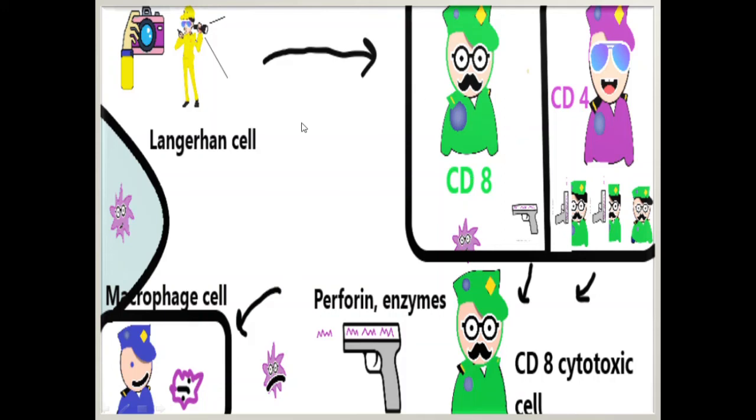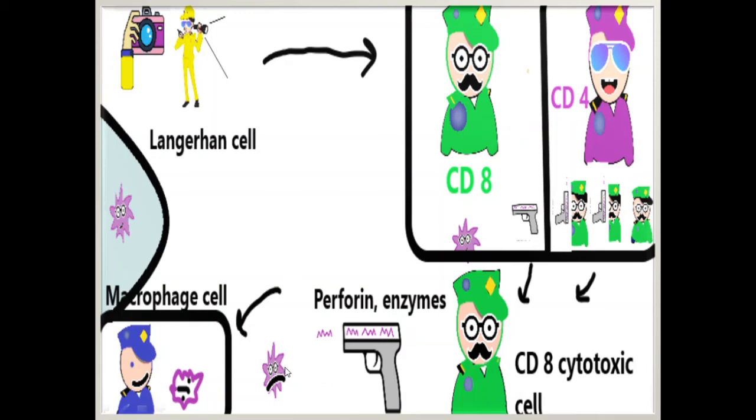And apart from that, this Langerhans cell will go to another officer, the CD4 cell. This CD4 cell will order more recruitment of the CD8 cytotoxic cell, so that the number of police inspectors formed against the suspicious criminal will increase. And now this police officer, who is recruited for this suspicious criminal, has a custom-made bullet or custom-made weapon so that it can kill this specific suspicious criminal, virus or bacteria, whatever it is.